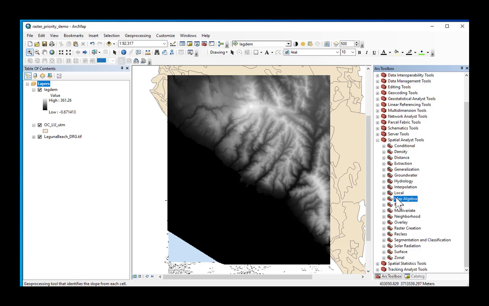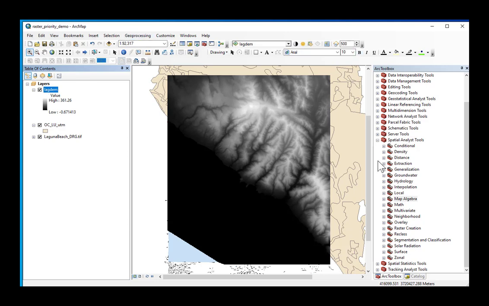Okay, so let's go to Raster Calculator, because what we are going to do first is query the DEM and ask ArcGIS to query those 1.8 million grid cells and return a grid that responds to the query. We're going to ask ArcGIS to create a grid that gives us a 1, a true, if a grid cell is equal to or greater than 200 meters, and a 0 if it's not. So it's taking this beautiful continuous grid and returning a binary grid of just zeros and ones that answers the